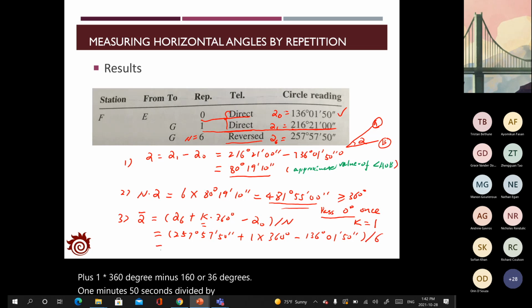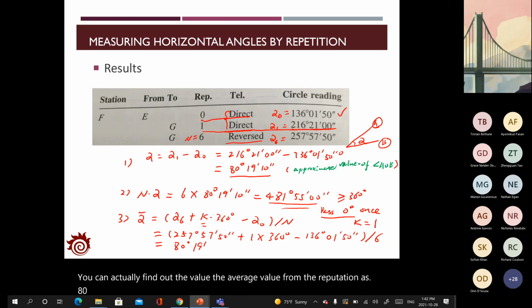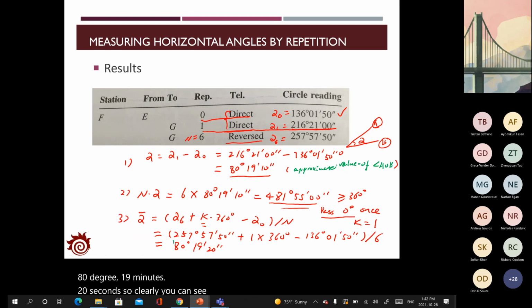So with that, you can find out the average value from the repetition as 80 degrees, 19 minutes, 20 seconds. So clearly you can see that this value is a little bit different from the one with